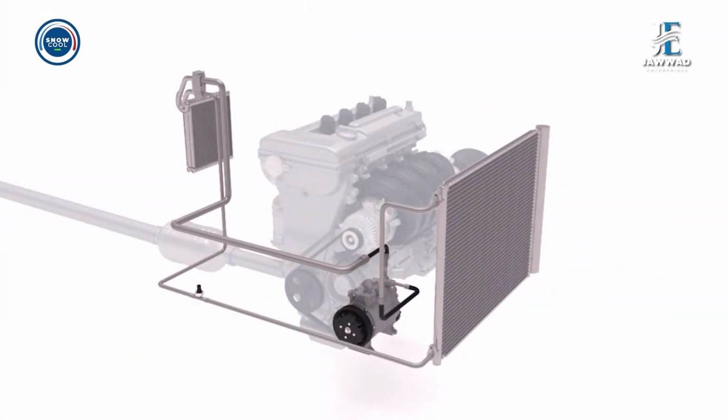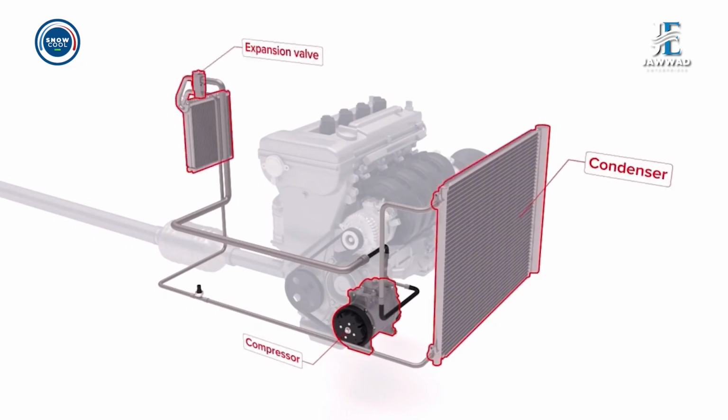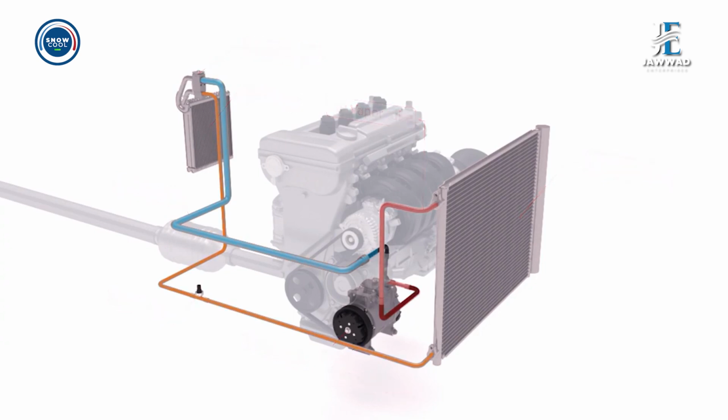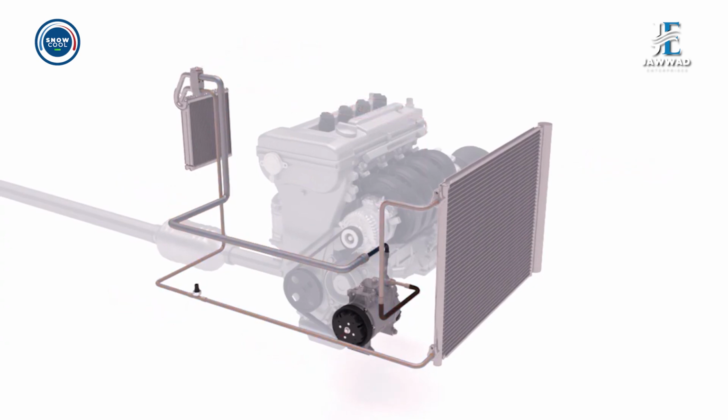The main components of an air conditioning system are the compressor, the condenser, the expansion valve, and the evaporator. And the refrigerant used to absorb the heat in most air conditioning systems is known as R134a. But since January 2017, new car air conditioning systems must use R1234yf for environmental reasons. We can now look at air conditioning operation in greater detail, starting with the compressor that